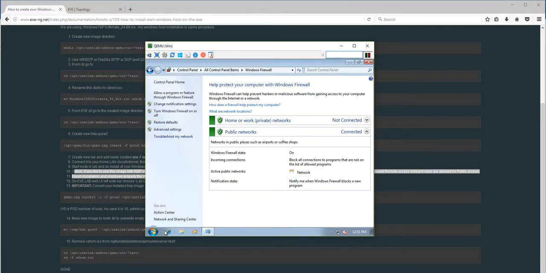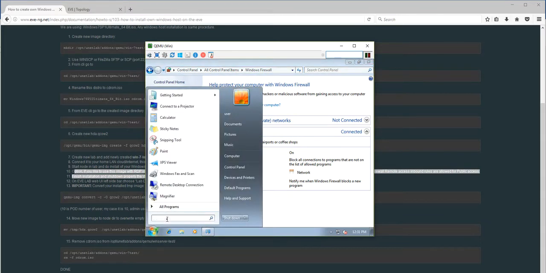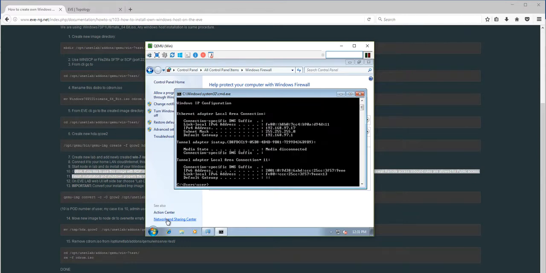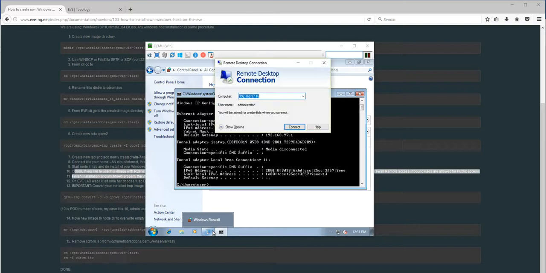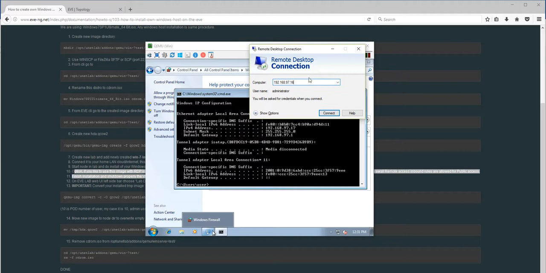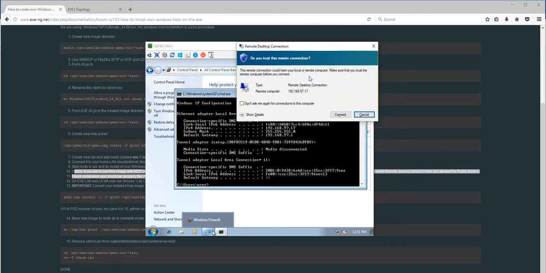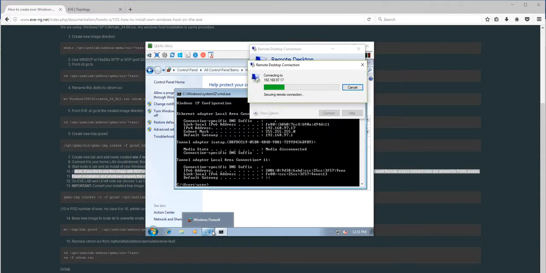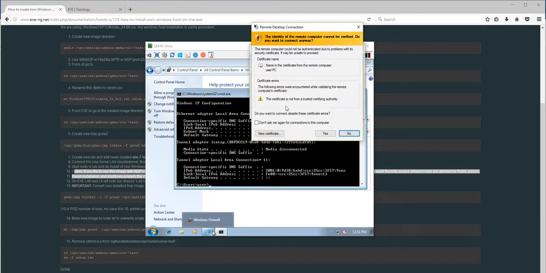So we can try to test now if I have access to RDP, to be sure that you configured it. So let me grab CMD and ipconfig to check what IP address it has. 97.70. Let's test now. So the IP address is 17. Let's connect. Yeah, and we have user and we have a password test123.